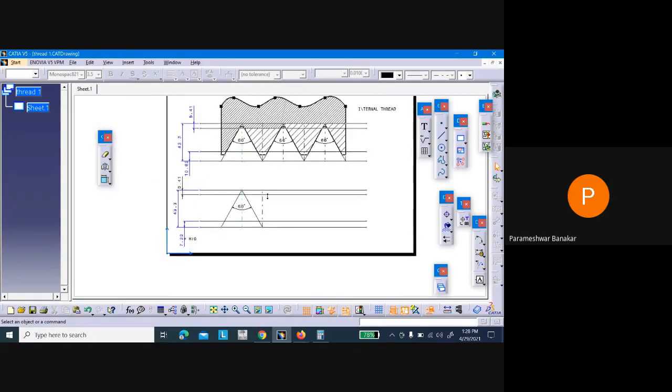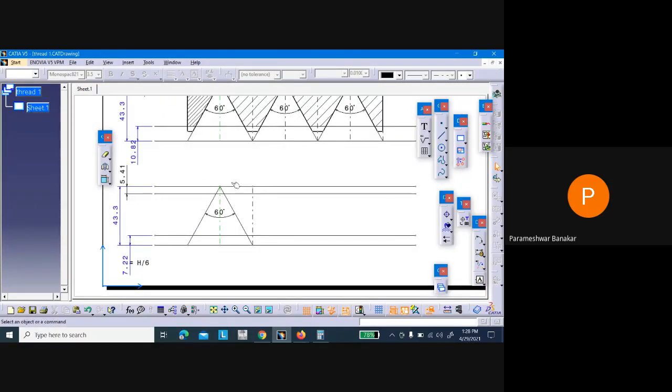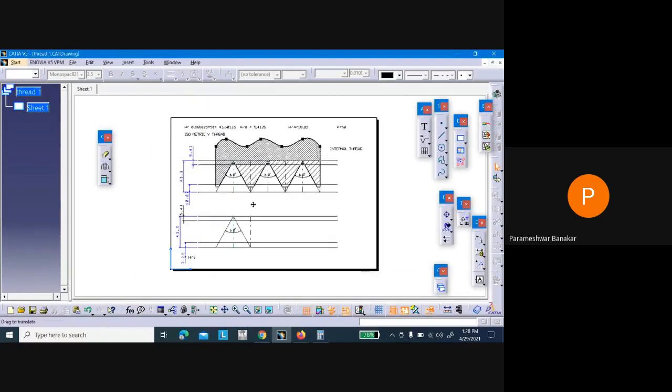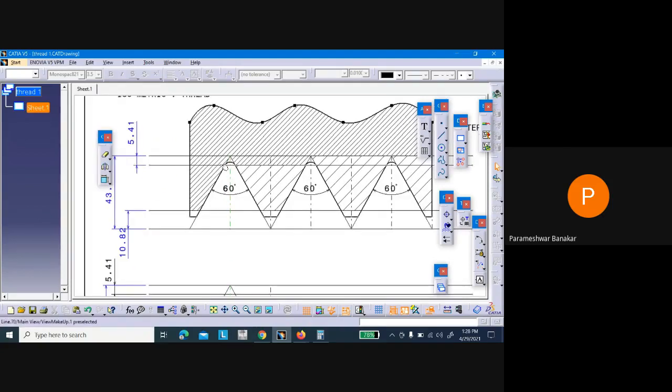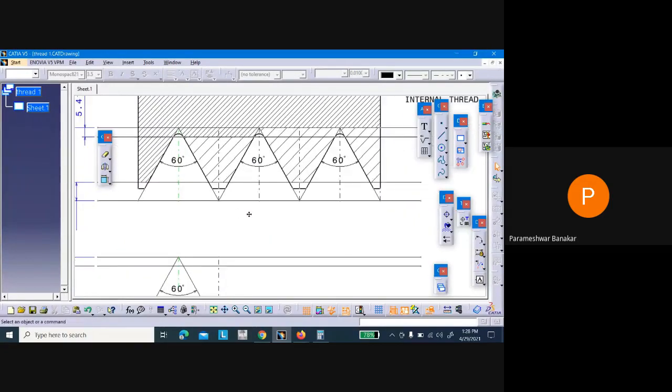Now let it be in internal thread. As I said, in internal thread, the root has the structure of an arc. But what about the crest? Crest is flat here, right?